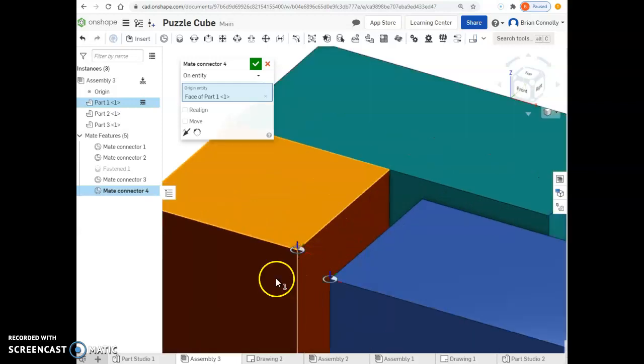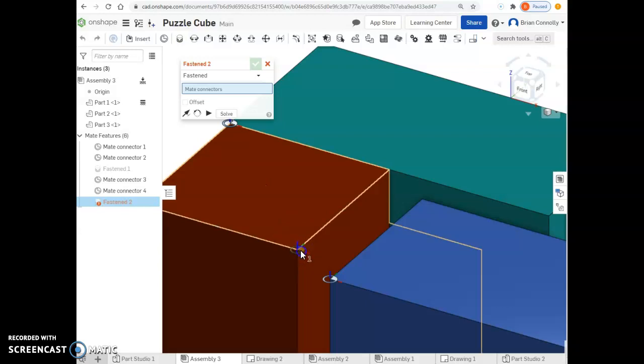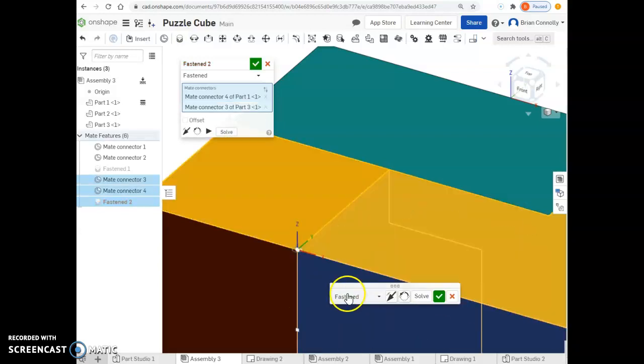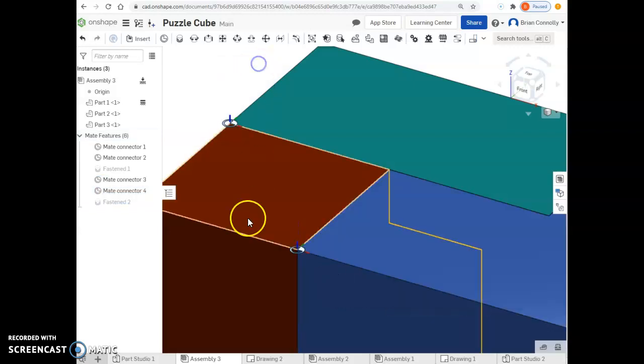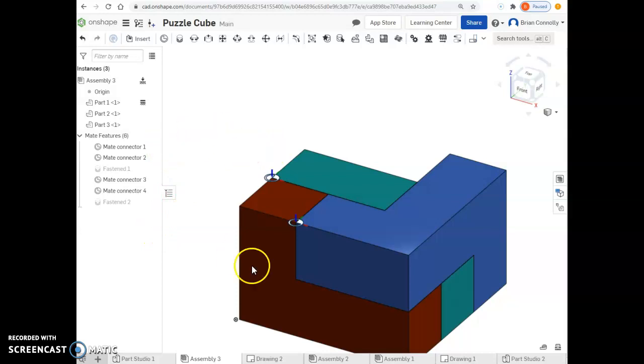I don't need to worry about the second mate connector, that red coming off of that part. That's fine, that doesn't matter, as long as they're in the same orientation. Okay? Then from there, fasten mate, I click on one, I click on the other, it snaps to being together, I hit OK, and there we go, we've got that next part all done. And all we've got to do then is continue on until we get all